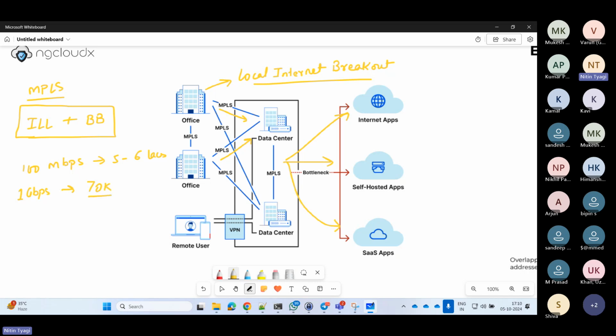This is the best enterprise-grade broadband line. So now you can imagine, for 100 Mbps of MPLS you were paying 5 to 6